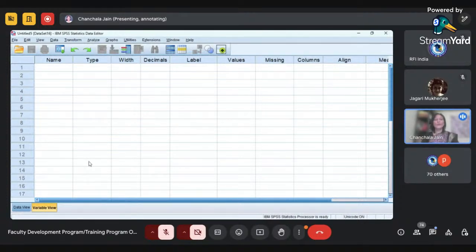But if you are manually entering your data, you can use this window to define your variables. This variable view allows you to keep the names of your variables and their various characteristics. We will understand all the characteristics one by one. I hope both views are clear to everyone.